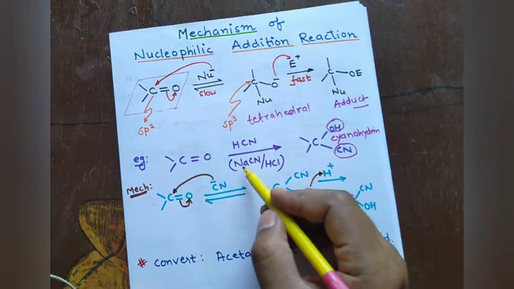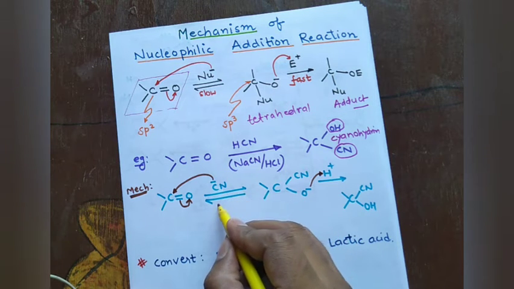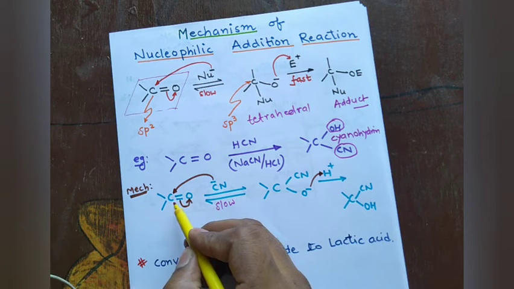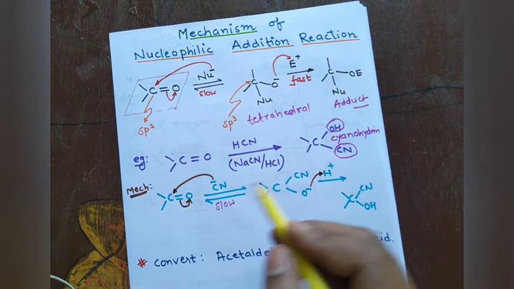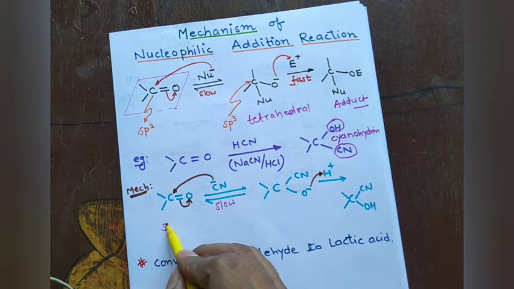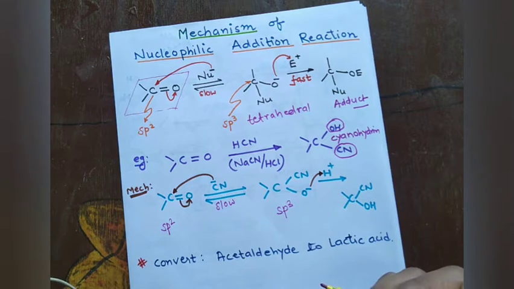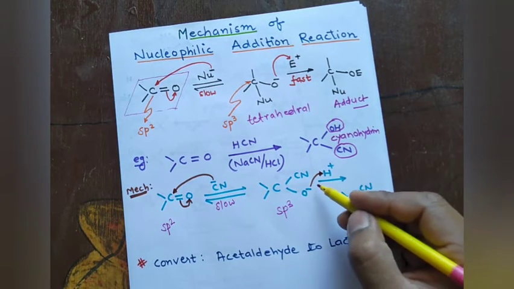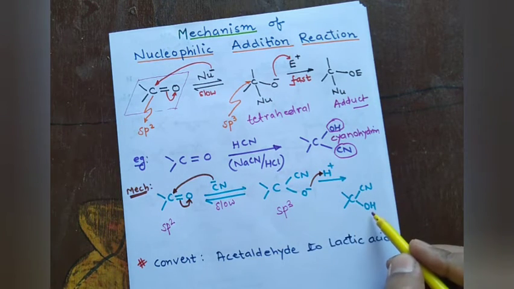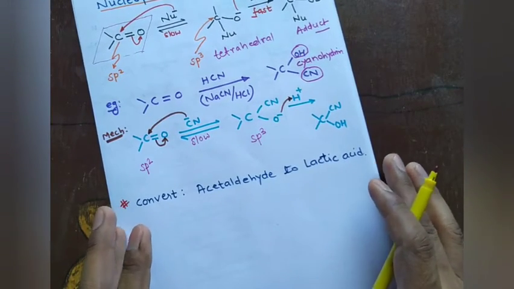In the HCN, from NaCN, CN minus is provided, that is a nucleophile. In the slow step, the cyanide ion attacks the carbonyl carbon, which is electrophilic in nature. The cyanide ion is attached to carbon, and the hybridization of carbon changes from sp2 to sp3. Now this sp3 ion attacks the electrophile. In this case, the electrophile is H plus. Cyanohydrin is obtained.